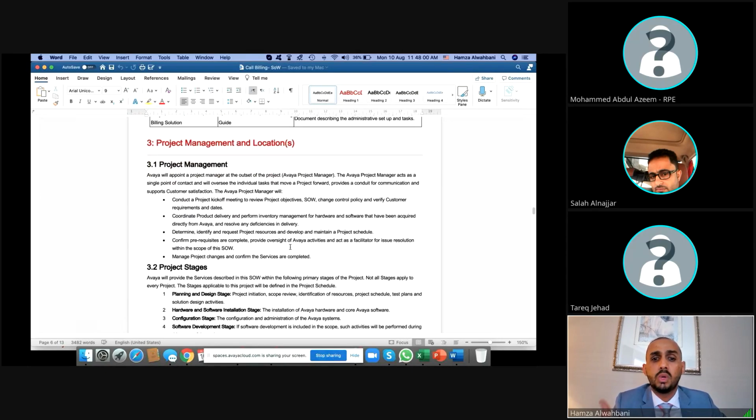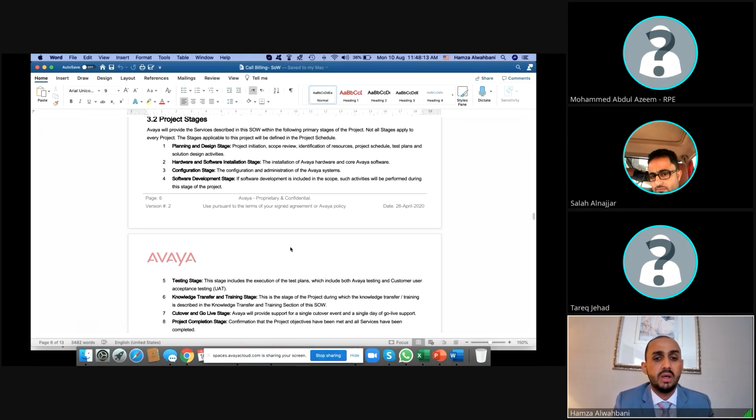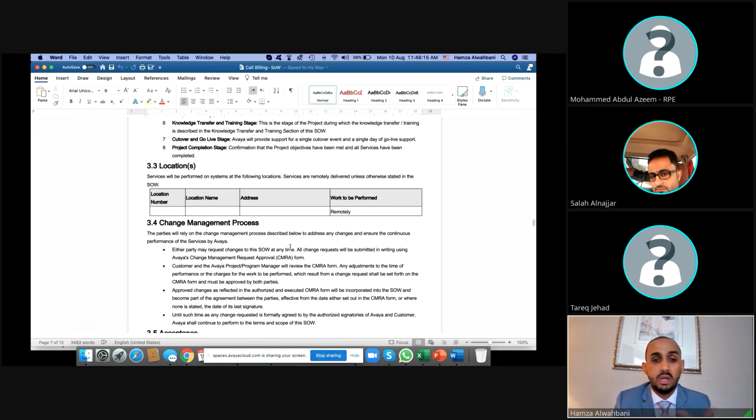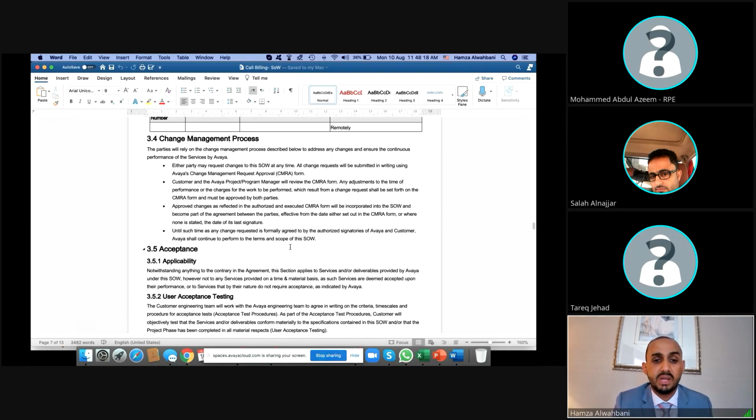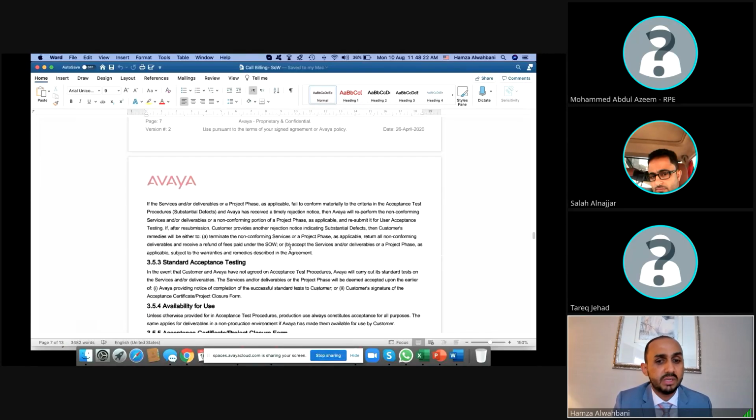What the project management from Avaya will be, what the PM at Avaya will do. And the project stage, it will explain the location and the change management process, what the process for that is, the acceptance, the user acceptance testing and the standard acceptance testing, all of that.